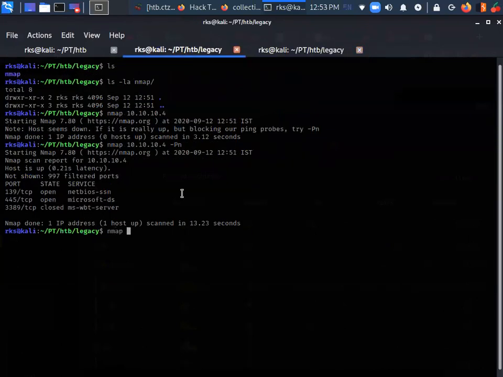Meanwhile, let me run an Nmap scan -p 139,445,3389 --script vuln, output scan2, let's say scan-vuln, followed by -Pn and paste the IP.